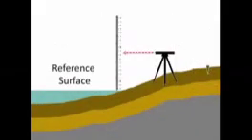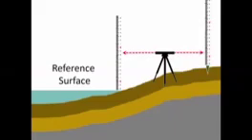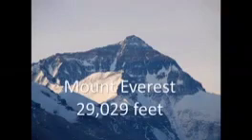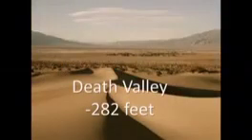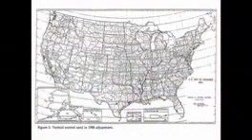An elevation is a vertical distance above or below a reference surface. We commonly use mean sea level as a reference surface. For instance, the summit of Mount Everest is 29,029 feet above mean sea level, and the lowest point in the United States is Death Valley at 282 feet below sea level. By measuring vast networks of level circuits across the continent, surveyors have established heights above sea level